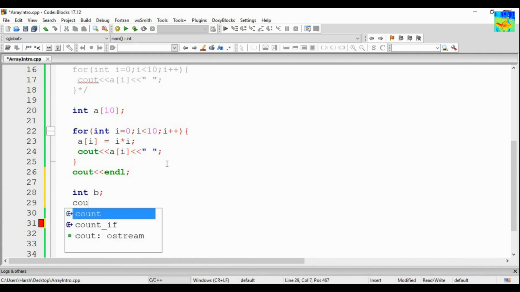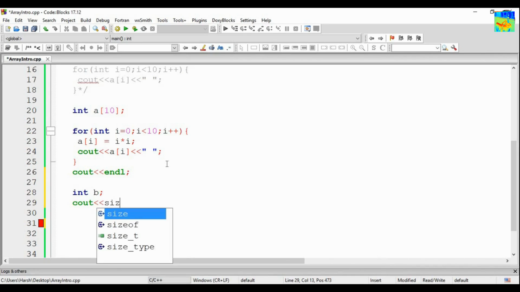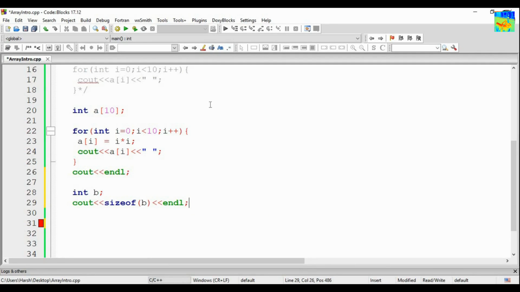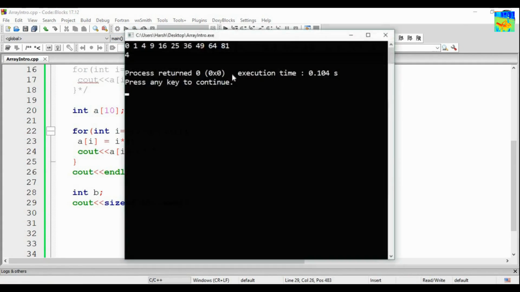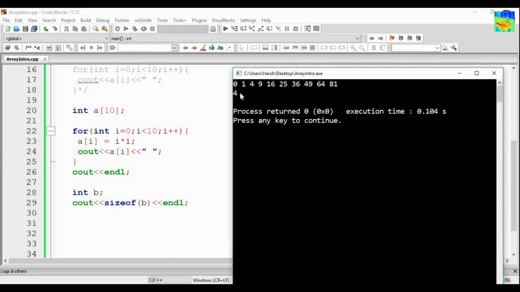When we try to print the size of b, what will be my output? My output will be that variable b is of 4 bytes. So my output will be 4. So my output is coming out to be 4.